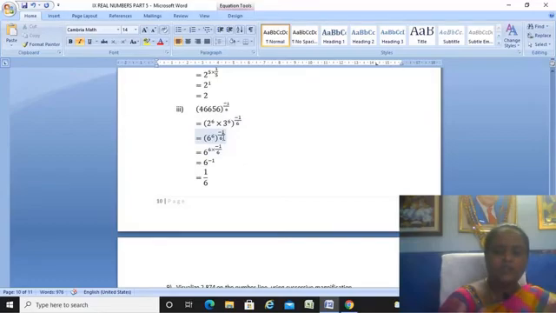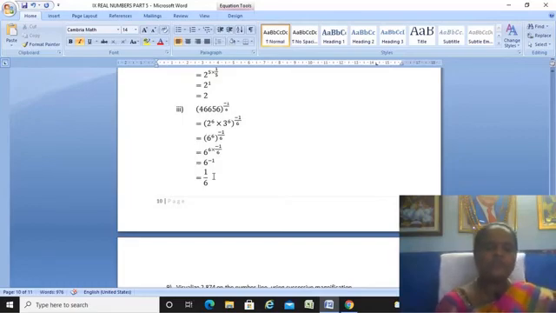Now once again a power m whole power n formula, so a power m into n, that is 6 into minus 1 by 6, 6 gets cancelled, 6 power minus 1. Now we have to use the formula a power minus n is equal to 1 by a power n, the formula which we use to convert the negative power to positive power. So 1 by 6 power 1, that is equal to 1 by 6 is the answer.